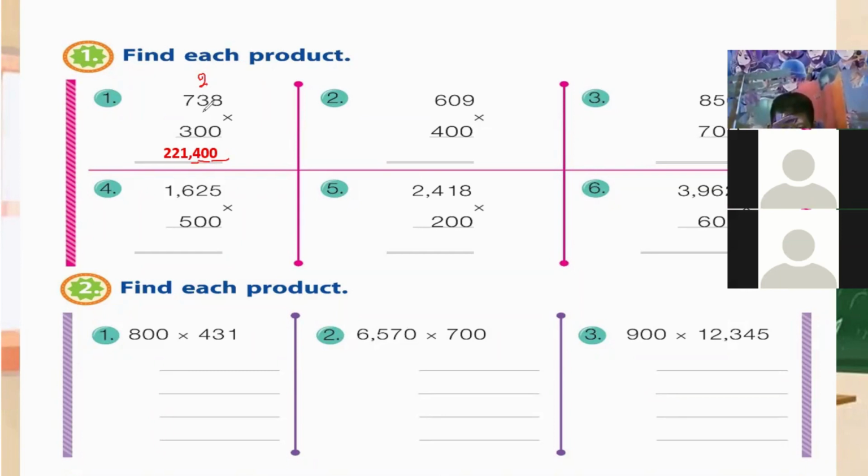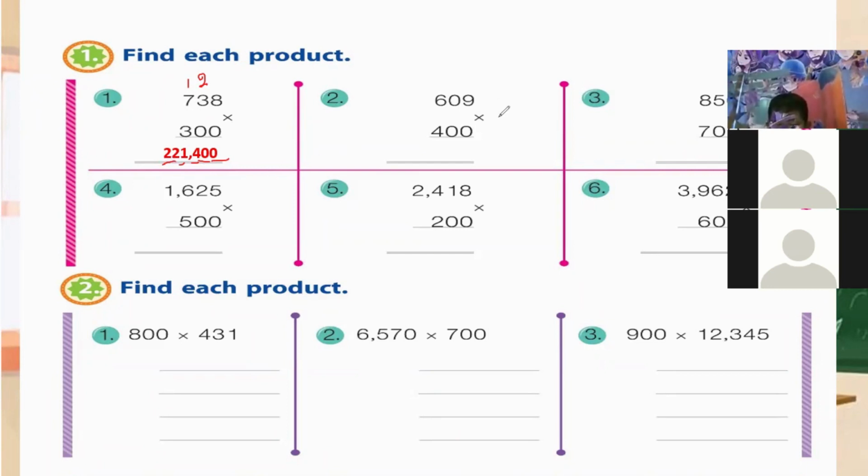Okay, now 3 into 3 is equal to 9. 3 multiplied by 3 is equal to 9. And we have 2 tens carry over at the place 10. So 9 plus 2 is equal to 11. So 1 we are going to write at place 1000 and 1 we are going to carry over at the place 100. Now 3 multiplied by 7 is equal to 21 plus 1 is equal to 22. So our answer is